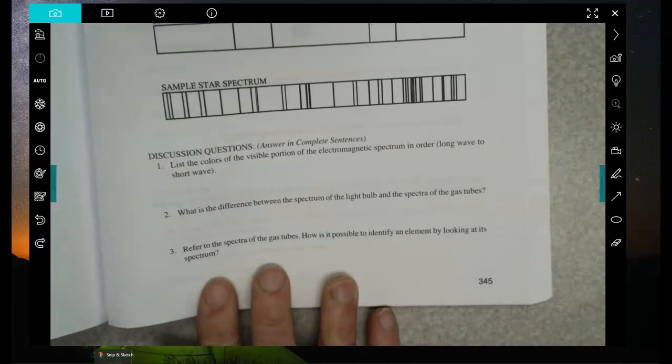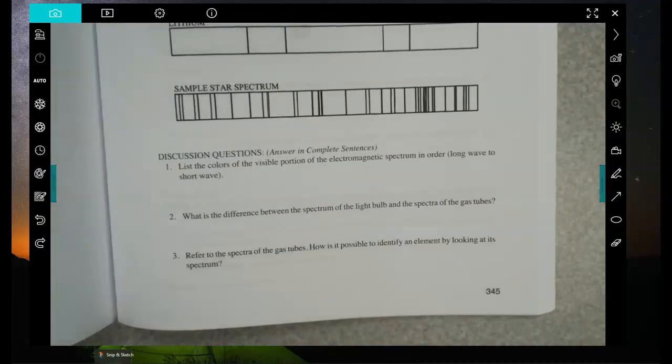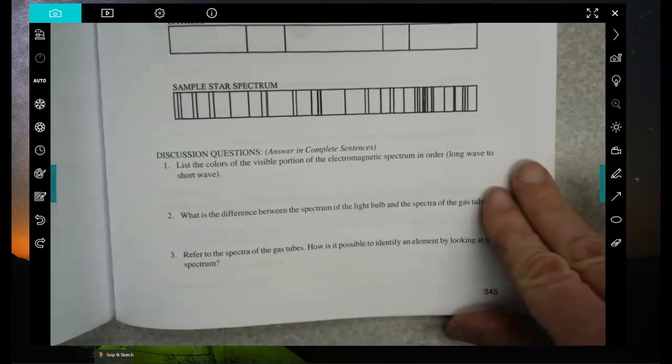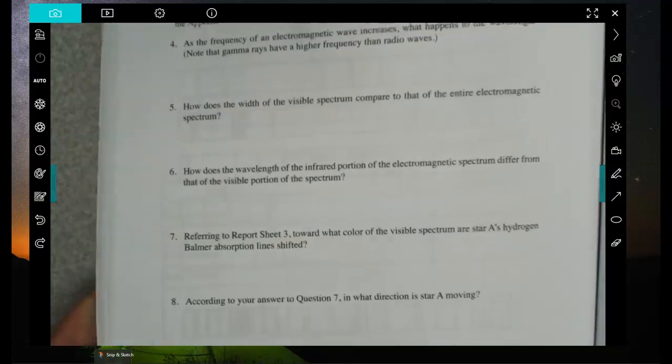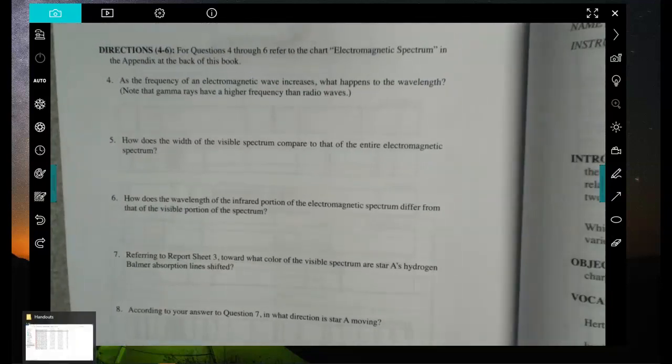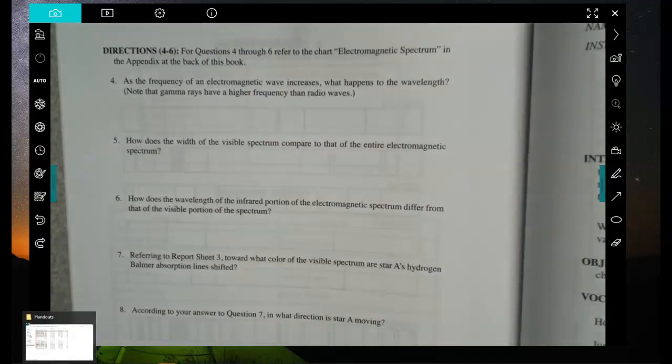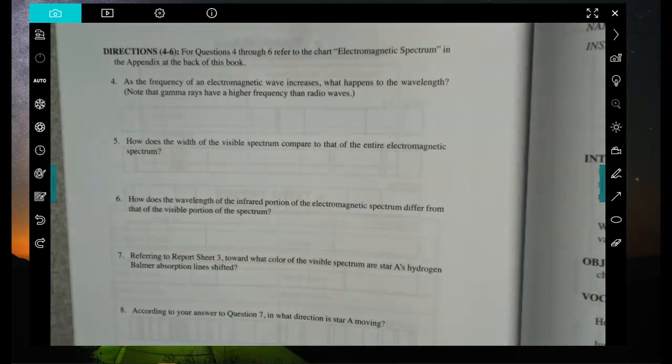Then we have our analysis questions. These really are not, in my opinion, that difficult. One thing that throws students off sometimes: it says questions 4 through 6 refer to the chart electromagnetic spectrum and the appendix at the back of the book. So students stop what they're doing, they run to the cabinet, they grab their lab books, they're going through the book, they're going to the appendix, which is fine, but